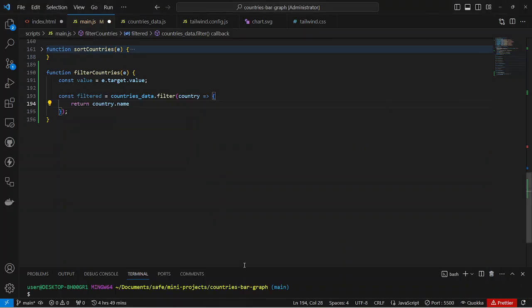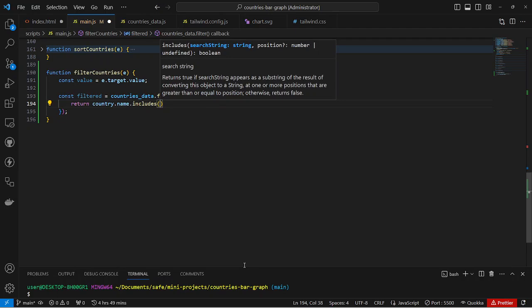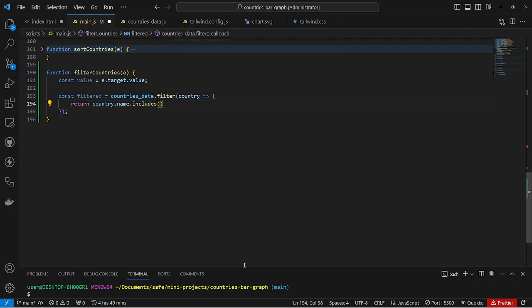Okay, that's cool. So country.name.includes. Includes means that block of that substring can be found somewhere inside the main string you're searching in. Yeah, but you said starts with. Yeah, I said that first because I thought that's how it was going, but I just had this thought and decided to go and confirm. And it was includes. So includes value